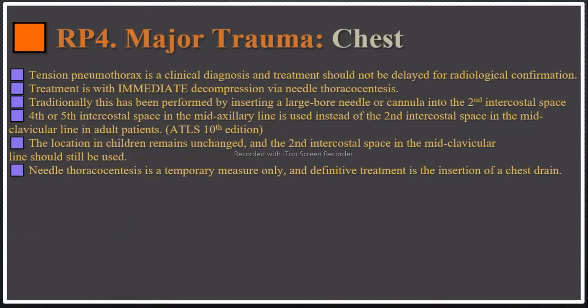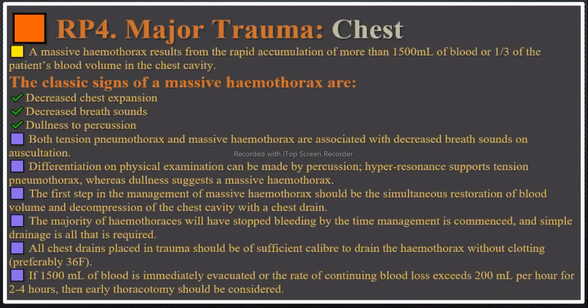Okay, if the patient has a penetrating wound in the fifth intercostal space, where will you insert the chest tube? In the safe triangle. He has the fourth intercostal space, anterior to the mid-axillary line. Excellent. So if the patient has a wound in the fifth intercostal space, you will insert in the fourth